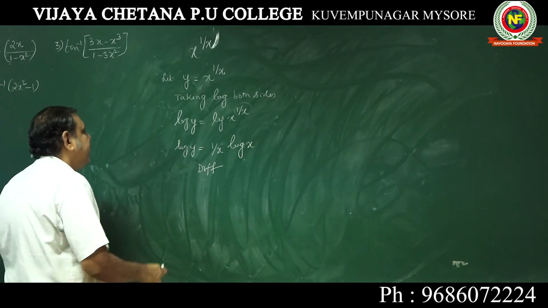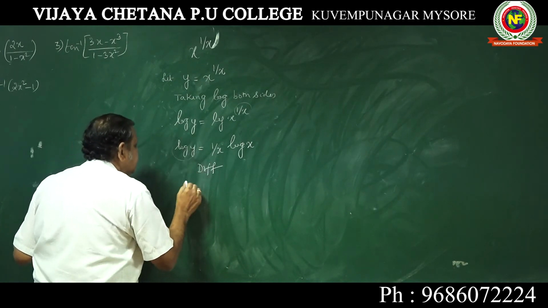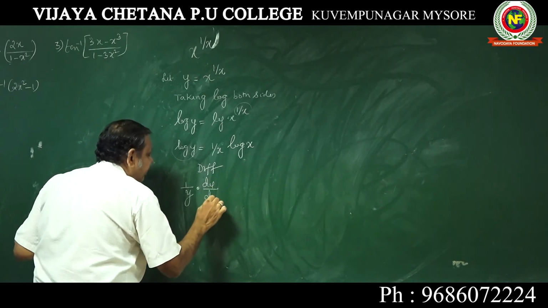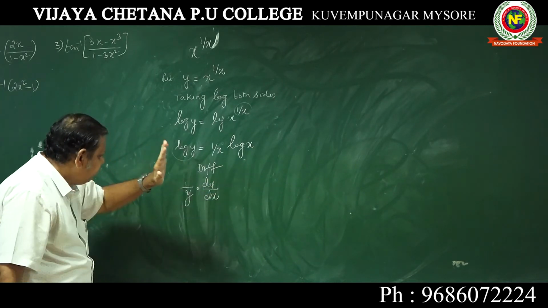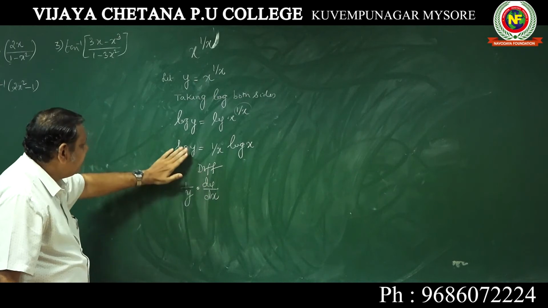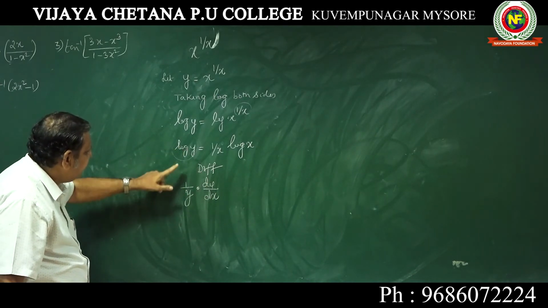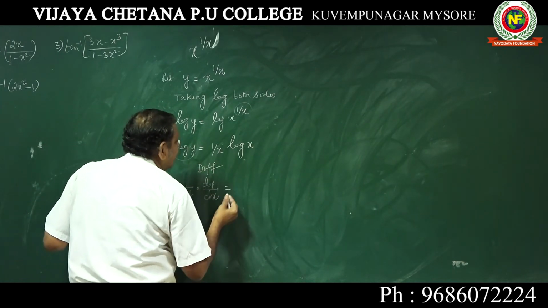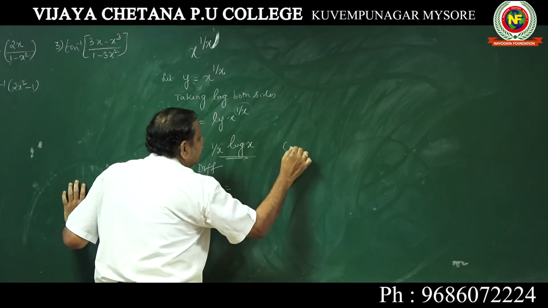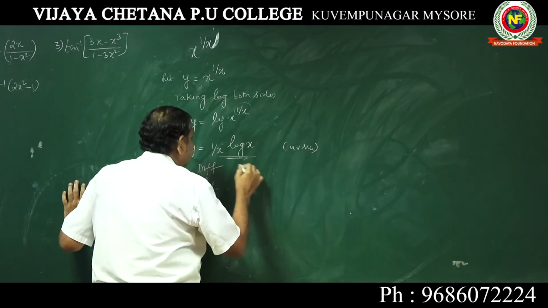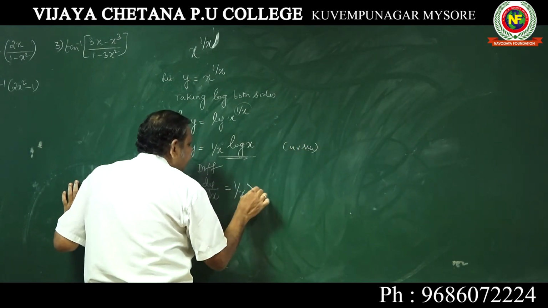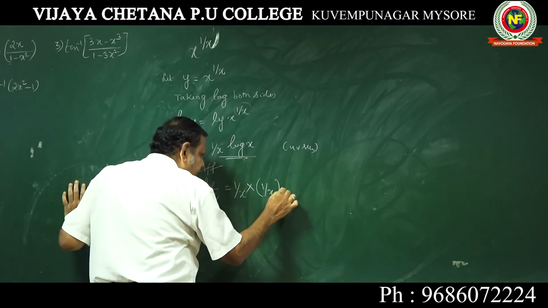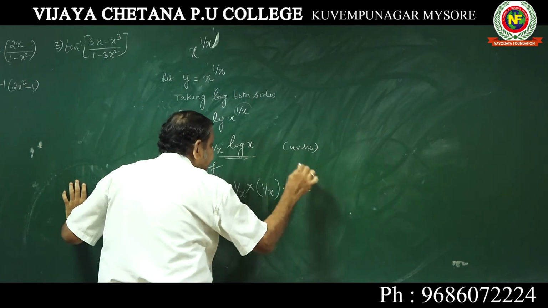Now when you differentiate, log y differentiation is 1 by y into the implicit function is left side always. Closing your eyes, you can put 1 by y dy by dx. Log y is 1 by y and this is dy by dx is equal to, now product rule you have to apply. Here it is uv rule, that is first function into differential coefficient of second function log x, that is also 1 by x, plus log x.